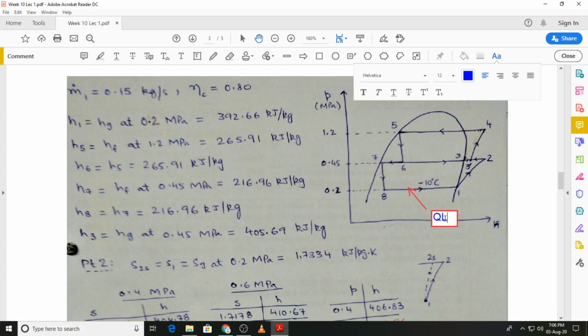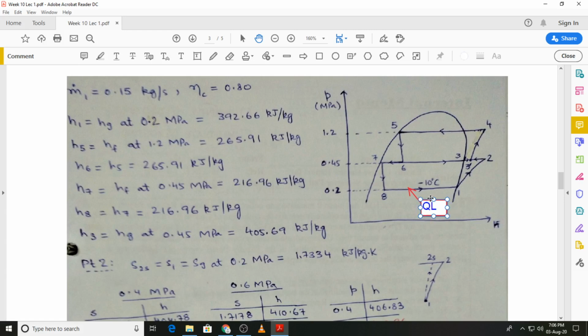So just QL, and then there will be heat rejection. We'll move to that in the condenser. So we have saturated vapor at the exit of the evaporator, which is compressed by the low stage compressor to state 2, and this process 1 to 2 is not isentropic because we are told that the compressor has a